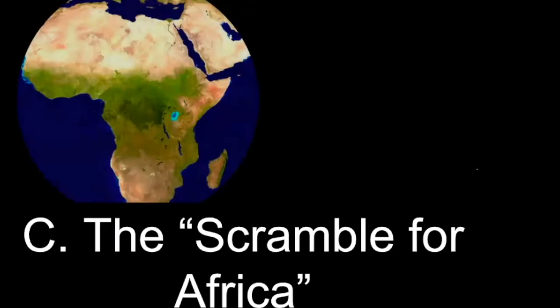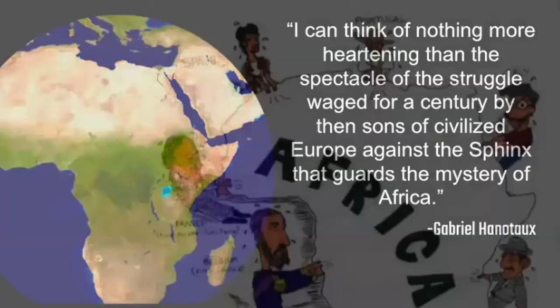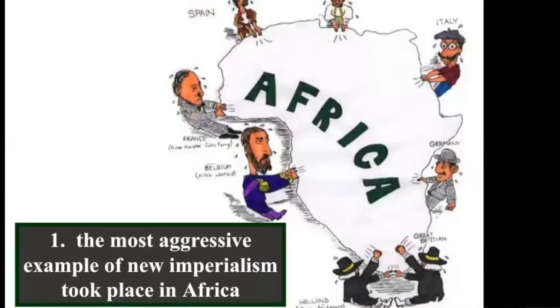The scramble for Africa, which is just the term used for the European desire to carve up Africa amongst the different countries as they built their empires. This is going to be the most aggressive example of new imperialism during this time period. So previously in old imperialism in period 2, the Europeans were unable to colonize Africa for the reasons that we listed earlier, but now that's going to change due to new technology that emerges and the desire for more resources.